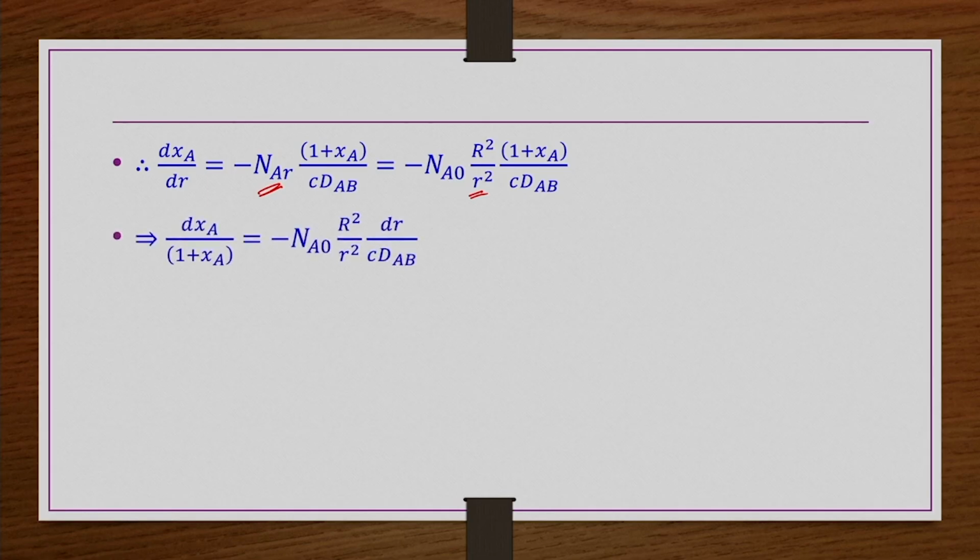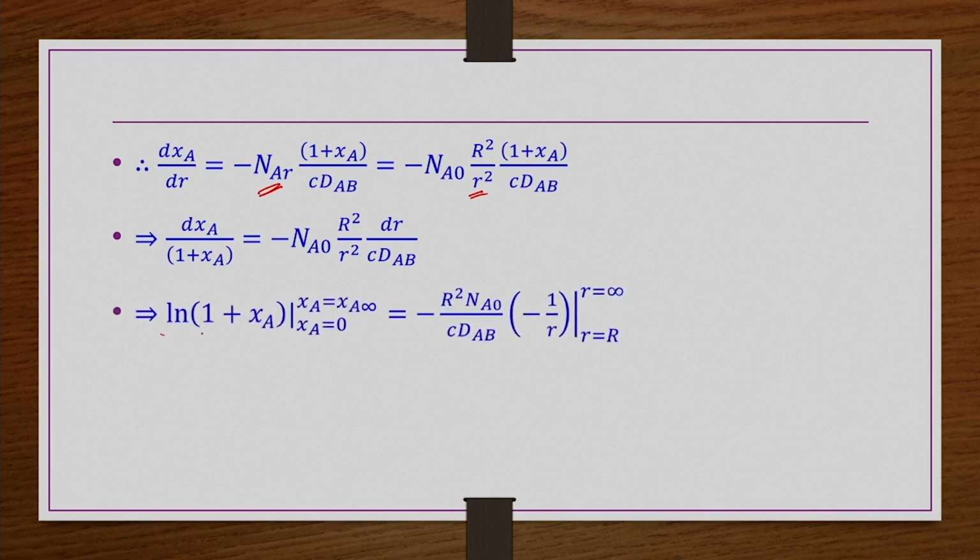Then we take dx_A by 1 plus x_A on one side and the other terms on the other side. By integrating the left hand side we have ln(1 plus x_A), with limits x_A equals 0 to x_A equals x_A infinity. x_A equals 0 means at r equals capital R. As already mentioned, when the oxygen reaches the particle surface, it immediately reacts with the carbon, and the reaction is very fast. So at any time t its concentration would be 0, because immediately it is reacting with the carbon and carbon monoxide is forming. So right at the surface we can take it as 0. That is, x_A equals 0 at r equals R, and x_A equals x_A infinity at r equals infinity,